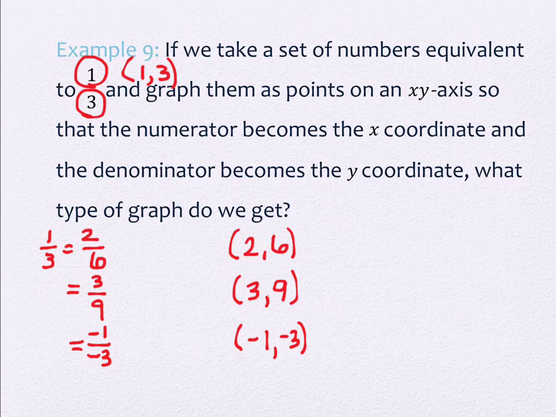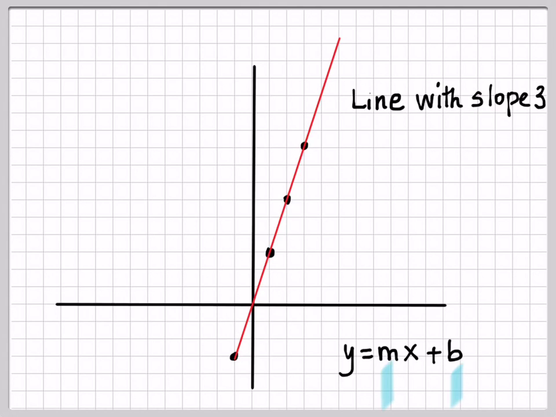What were my points supposed to be? Numerator and denominator create the fraction 1/3, right? Does 0/0 do that? No, it does not. So that actually runs us into a problem. Not a problem so much as we have to exclude that point. So this is a line with the slope 3, but not including